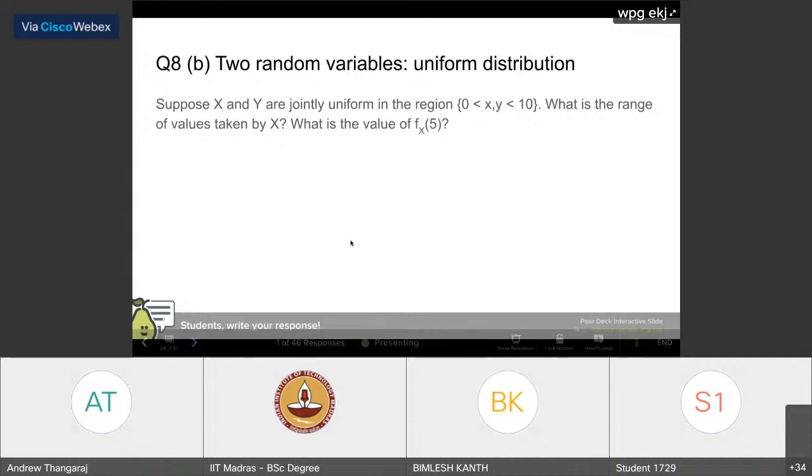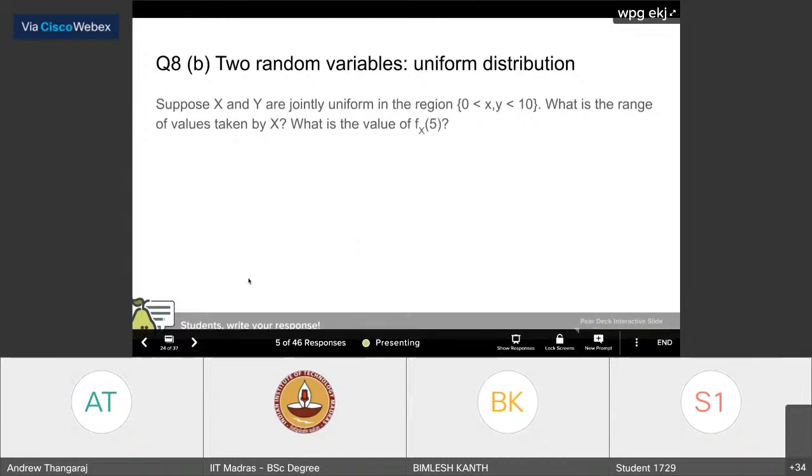So that picture is very, very important. Have that picture in your mind. It's just x taking values from 0 to 10, y taking values from 0 to 10. Then within that square, X and Y are jointly uniform. So they have 1/100 as the PDF. And if you want to find the marginal of X, you're going to integrate over Y the PDF, right? So in some sense, it's just an area computation.